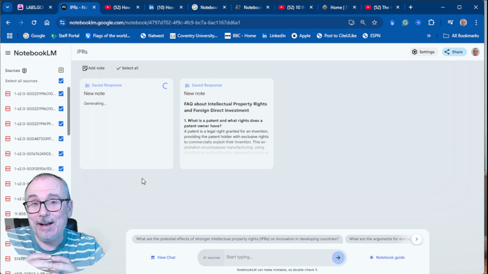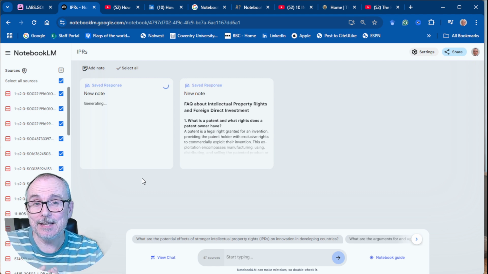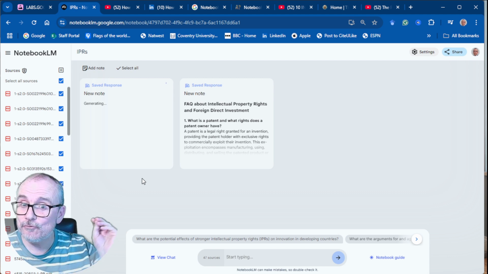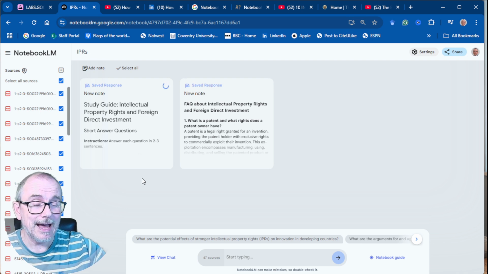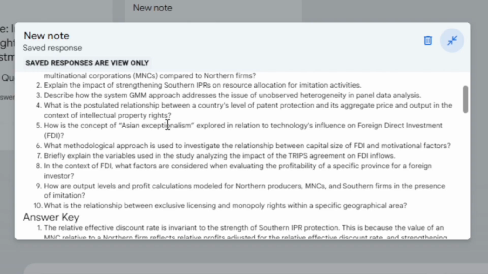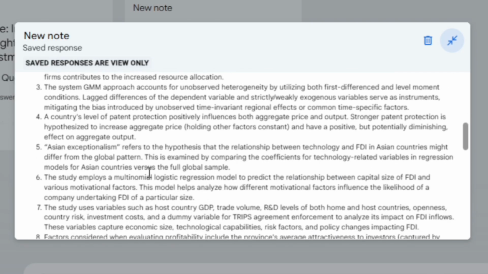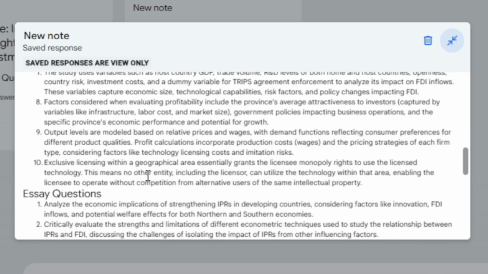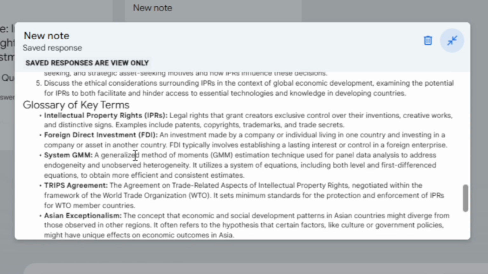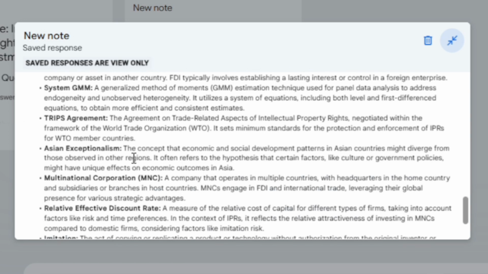Just think about that. I've taken all of that literature in. Think if you were studying a course, you get all the literature given to you by your professor, and you can drop it into NotebookLM, and then you can create a study guide. And here we go. Answer each question in 2 or 3 sentences. It goes through Asian exceptionalism, and then it gives you the answers. It tells you what you need to do. And then it gives you some essay questions and then a glossary of terms that you should learn: TRIPS,